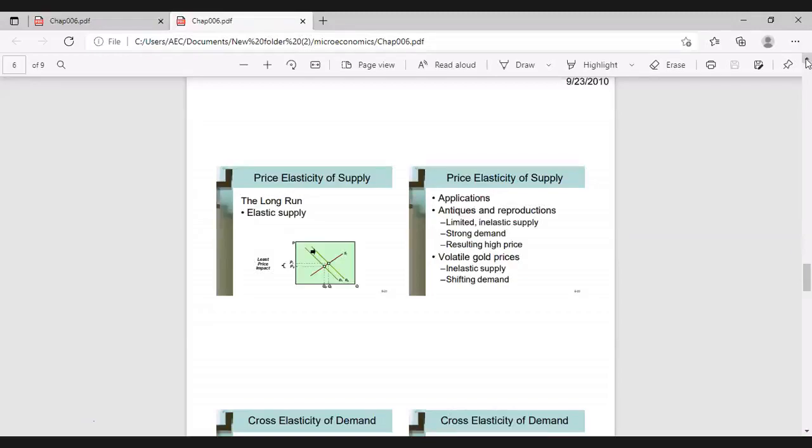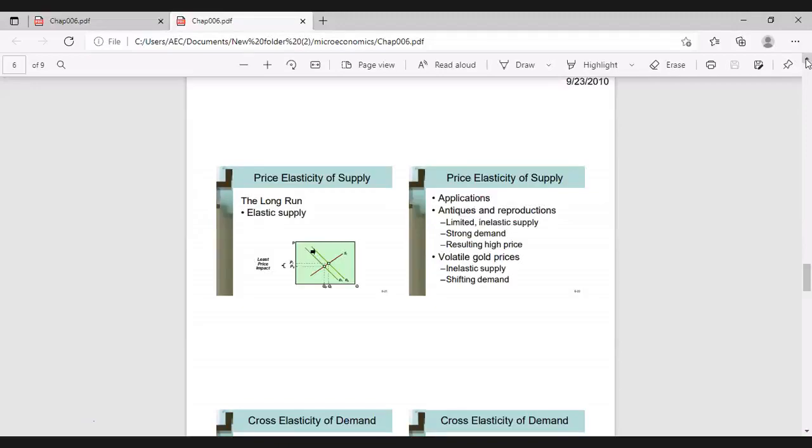But for some antiques, that same product we can reproduce. Then for that type of product, there is elastic supply. We can reproduce it. Then the price will